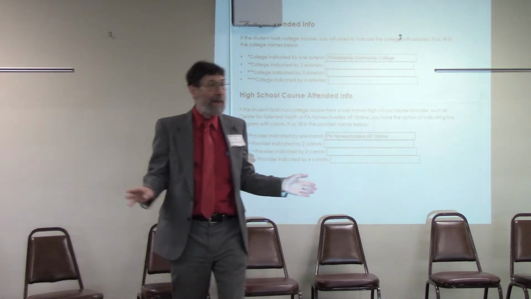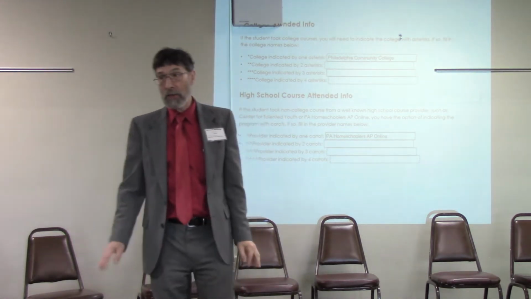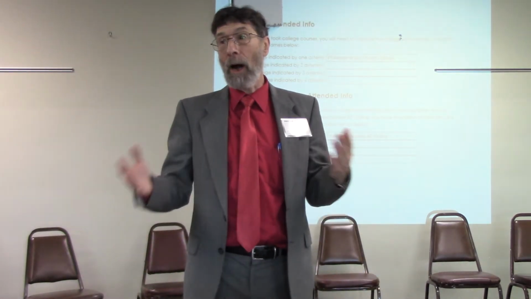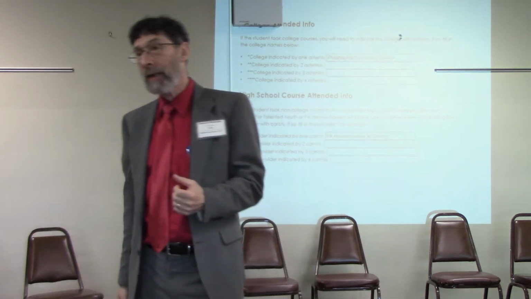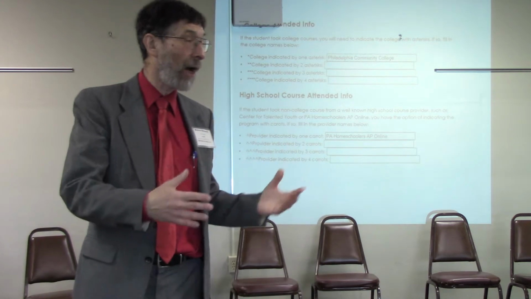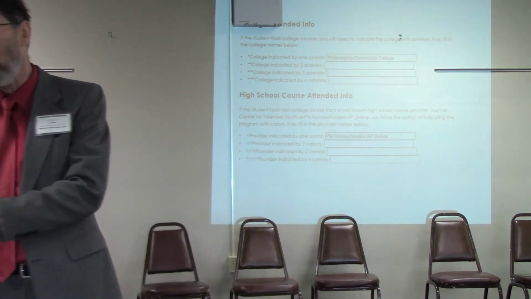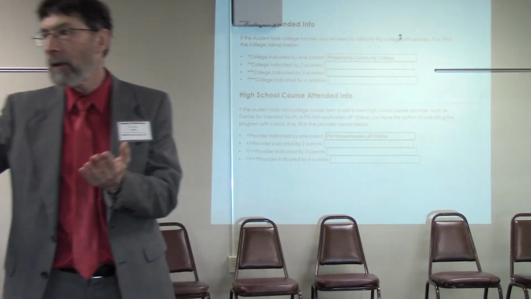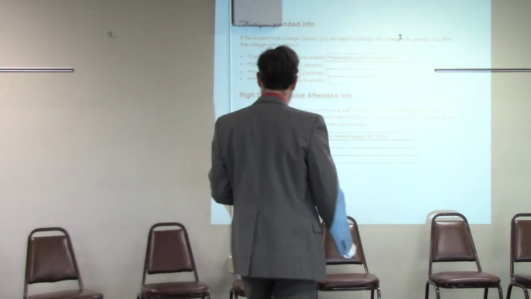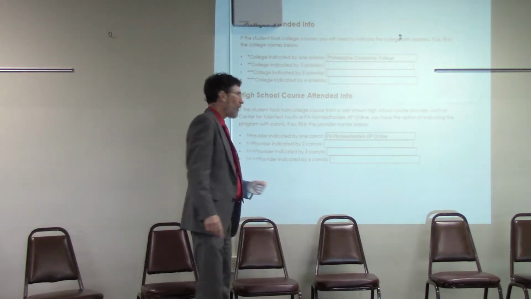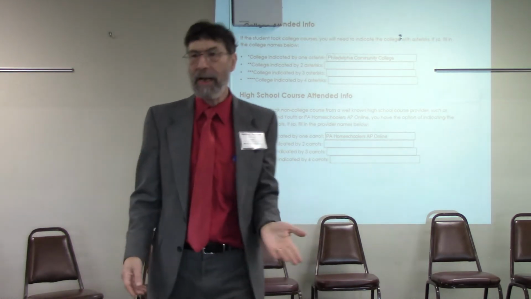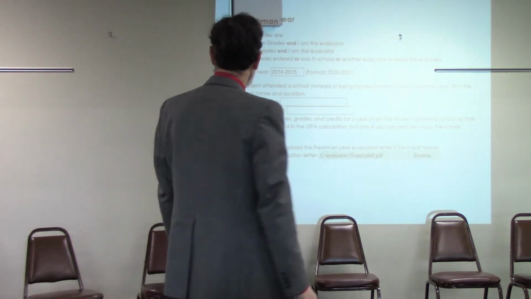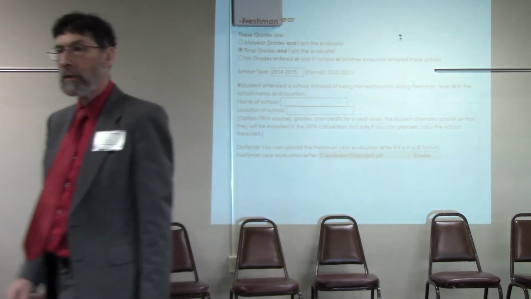Now, why do we have high school course attended info? This is new to the program just the last week. Turns out the NCAA wants to know whenever a student has been in one of the programs that they recognize, a homeschooled student, that they recognized credits for. For example, PA Homeschoolers Online, Center for the Talented Youth at Johns Hopkins. So this will be a provider indicated by one caret. You're going to see how this plays out with this student. Is there a drop down for all those possibilities? No, there isn't. This is just something you might type in.